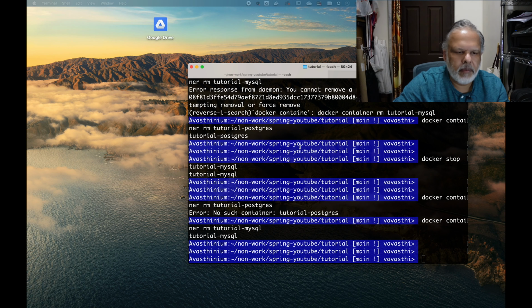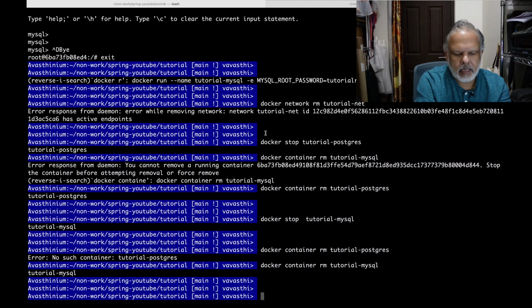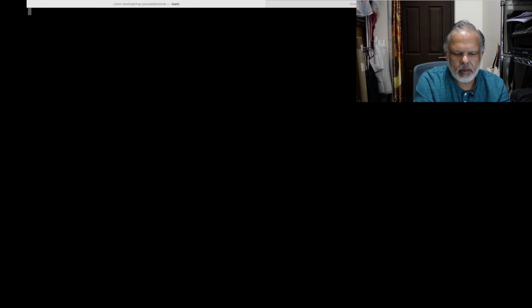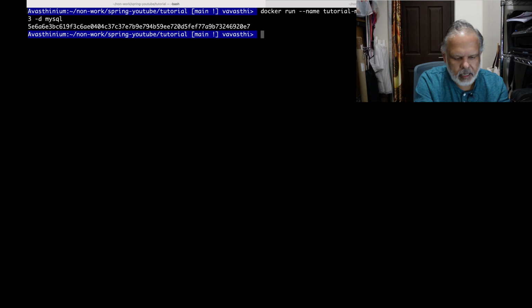The very first thing that we need to do is create a MySQL instance in a container. To do that, we can just say docker run. This is the name that we have given to MySQL, tutorial-mysql, and the root password is also given as an environment variable, which is tutorial root 123. Now if I run it, it creates a container. Now let's do a bash inside that container. For that you can use the docker exec command,